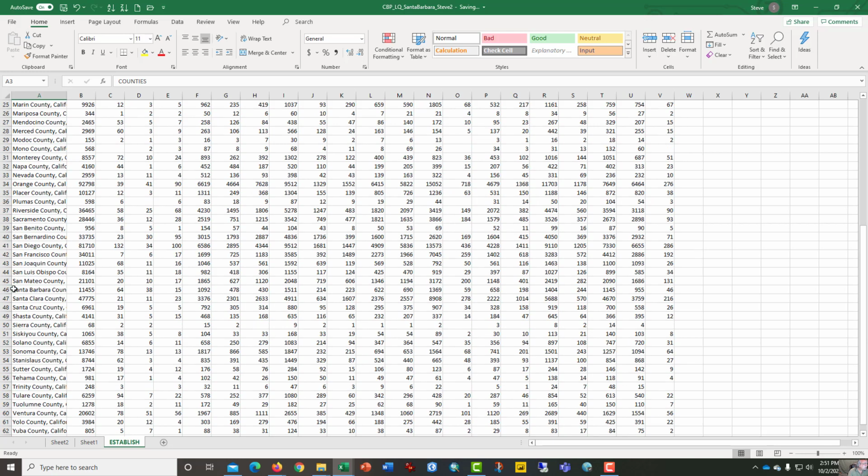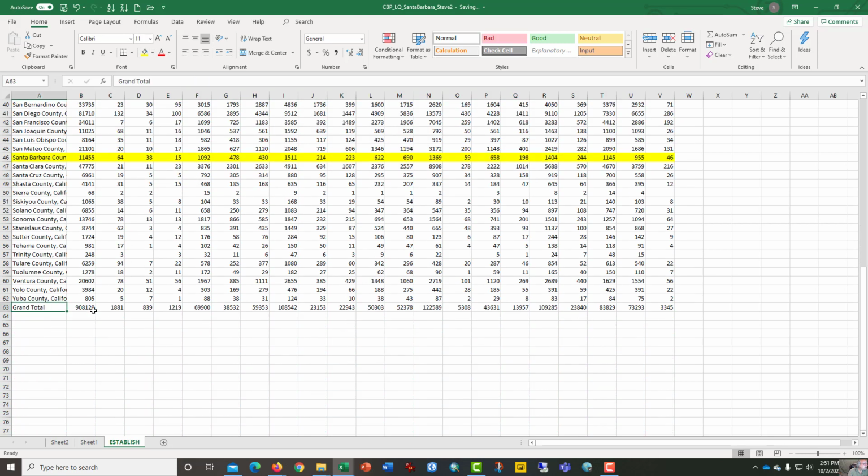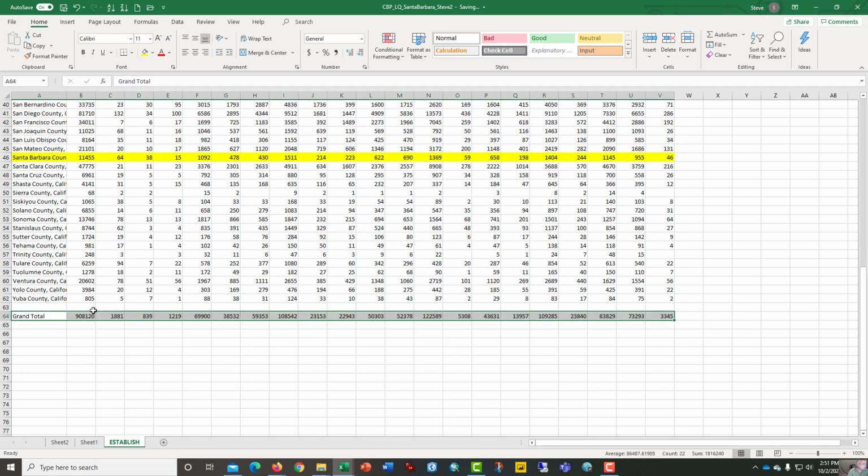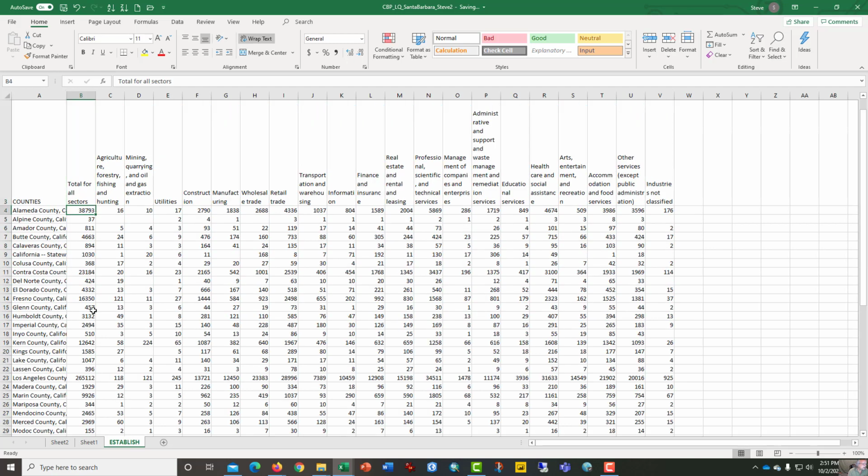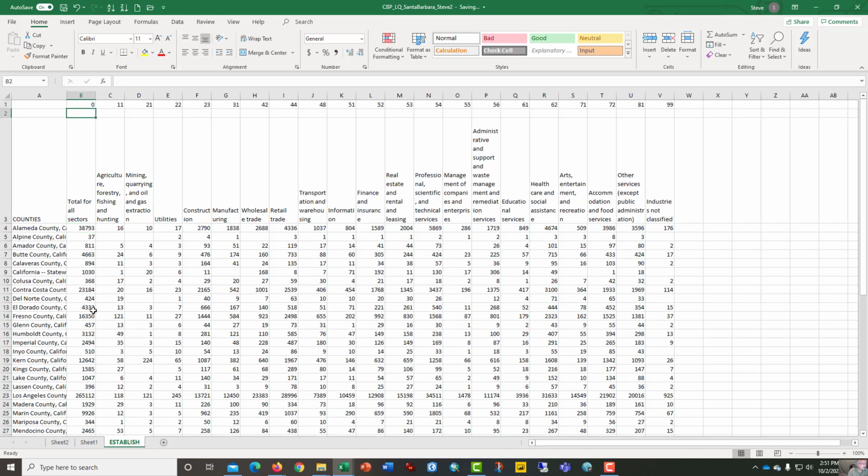You're going to get questions about Santa Barbara County. If you wanted to highlight that, you could. And then, of course, the grand total, generally what we like to do is move that down one. We don't really have to do it in this exercise, but we're going to do it because that's the way we do things. And at this point, this data is ready to analyze